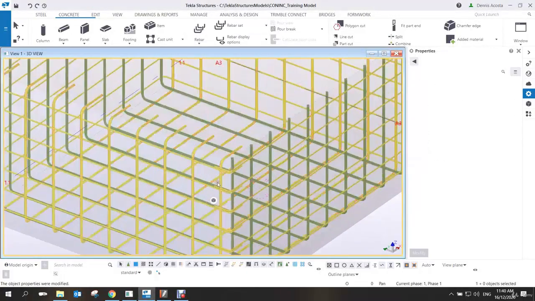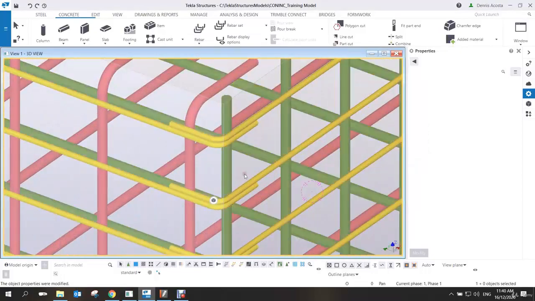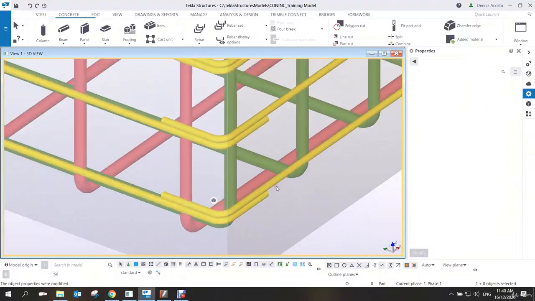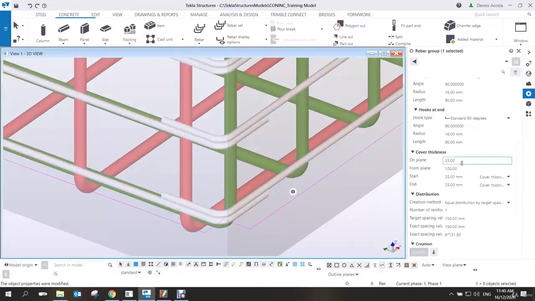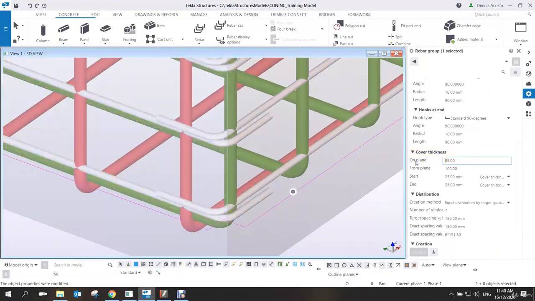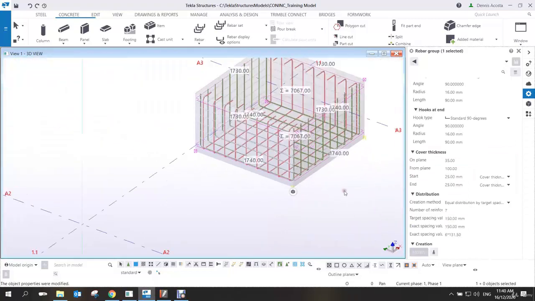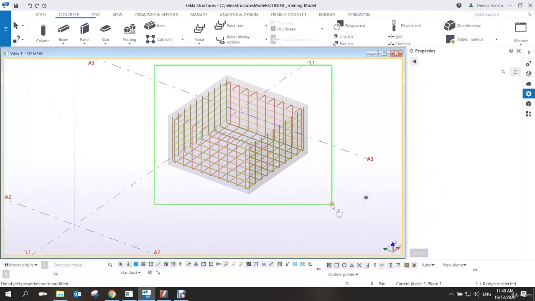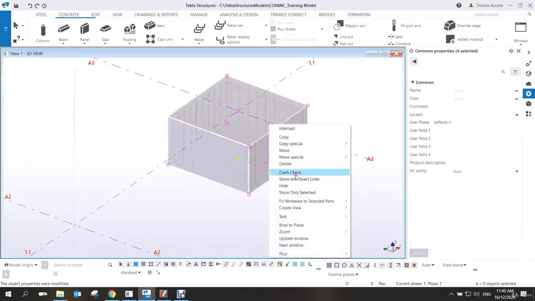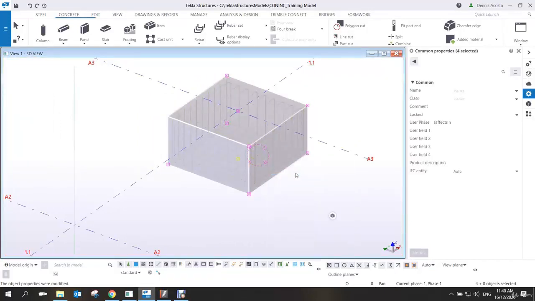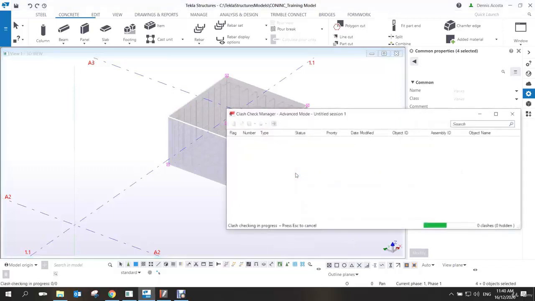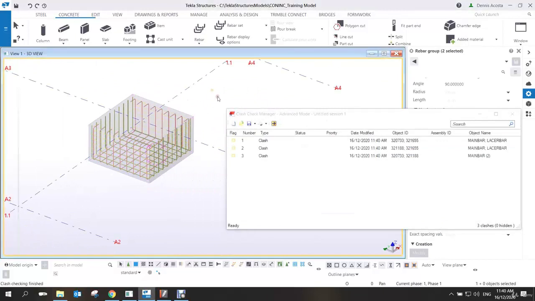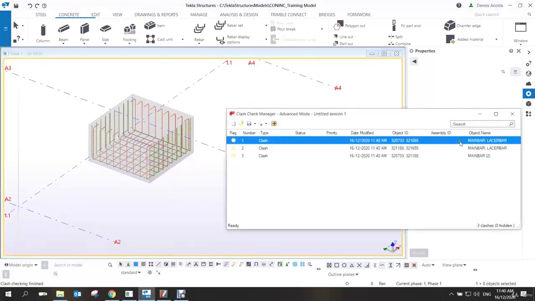Identify if there's a clash. Okay, I don't know if there's a clash here. Maybe I'll put this to 35 so that there will be a clash. So I intentionally put the clash here. You need to select, right click, and then here, clash check. Select, right click, and then clash check. So here it will identify that there is a clash. So if I click on this,